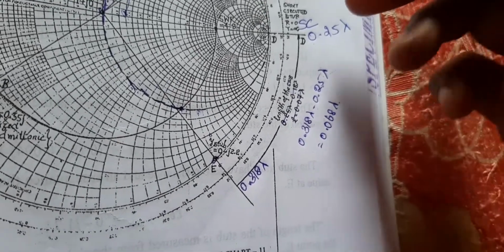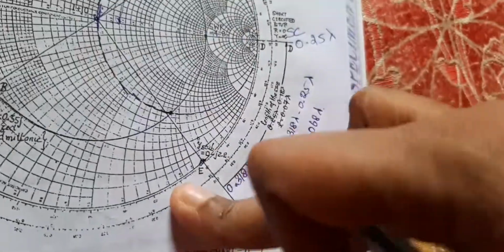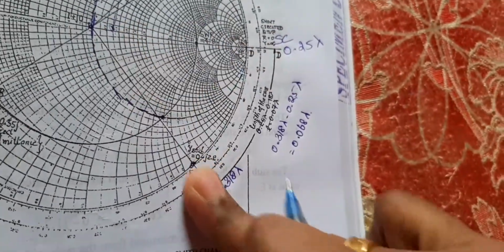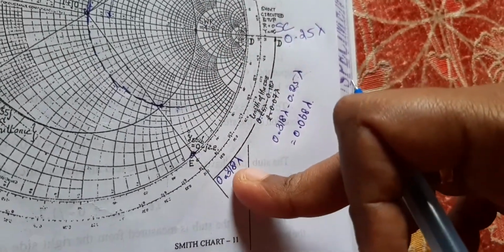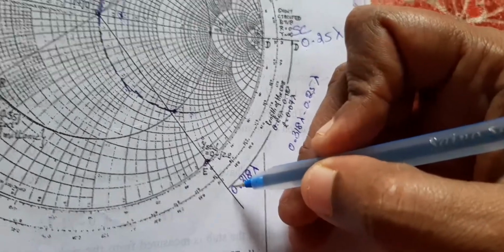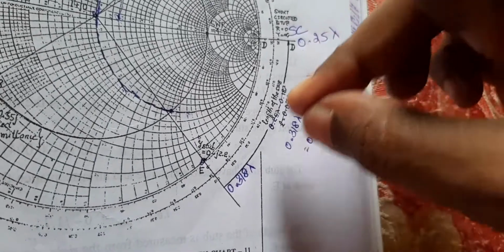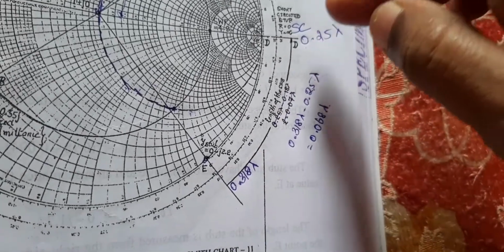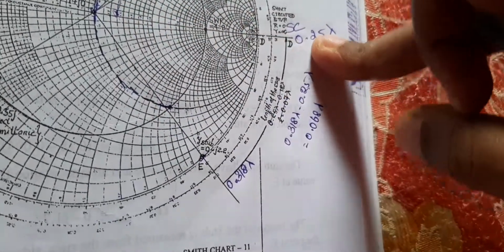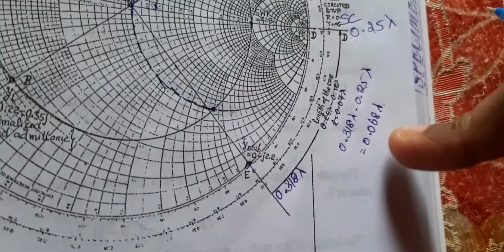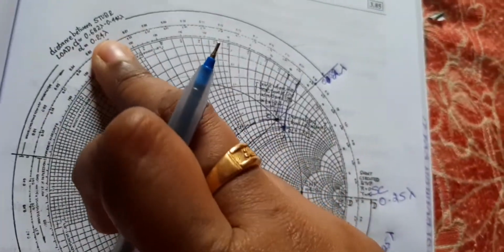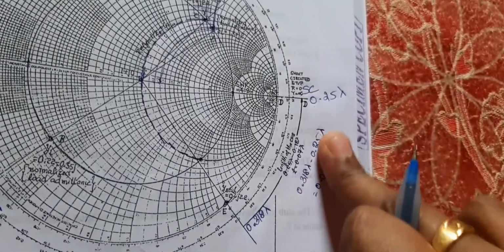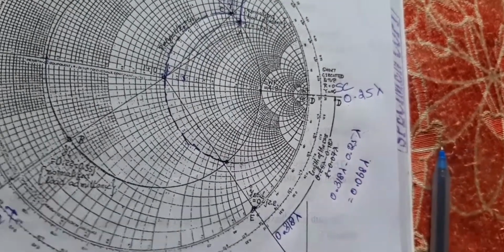Okay, so you subtract. That is the length of the stub. It is the stub point, located from the susceptance point, that is the negative value. So if you locate this value, 0.318 lambda, you subtract it from 0.25 lambda, the short circuited point. When you subtract these two, you get the length of the stub, 0.068 lambda. So the distance between the stubs is 0.24 lambda and the length of the stub is 0.068 lambda. Okay, thank you.